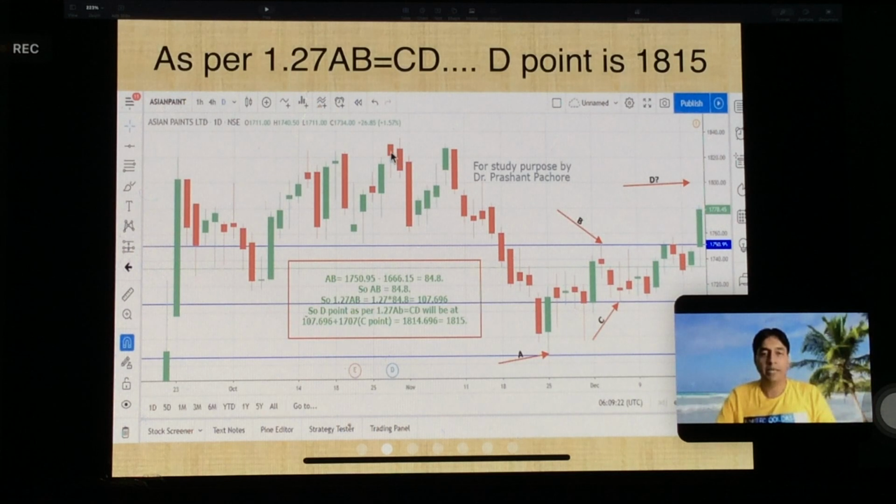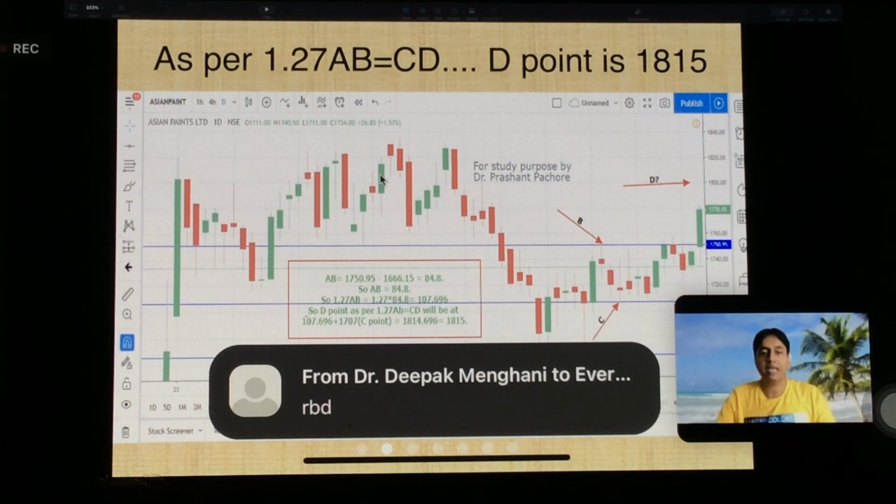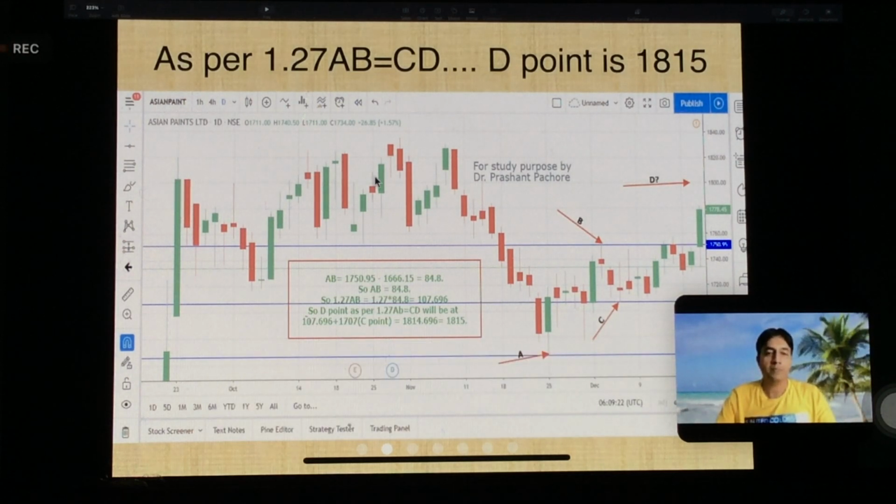Supply zone, rally, base and drop. Which is this SZ from here to here? Yes, it's RBD, but is it one of the qualified? Yes, it's VRSZ. Which will be the ASZ here? ASZ will be this one. This will be the distal line, right? Because the next demand zone is here below. So this distal line is not touching this proximal line. So this is the ASZ.